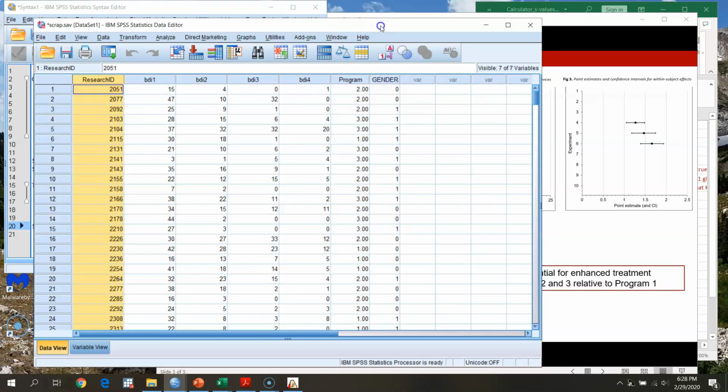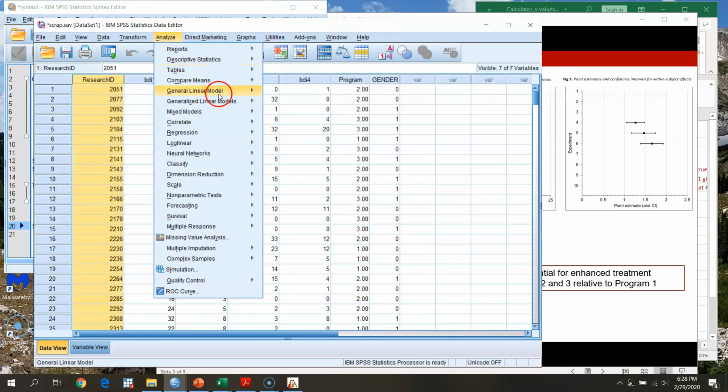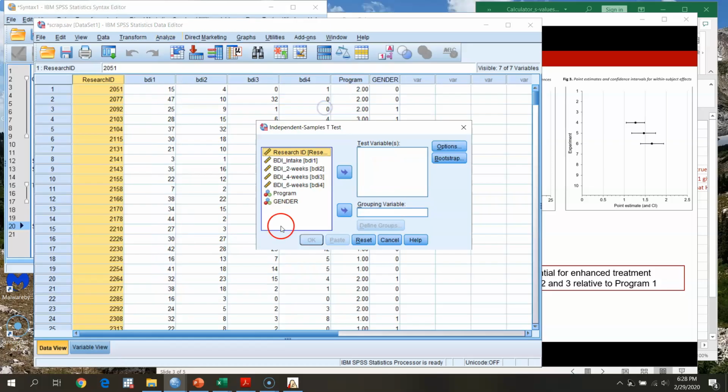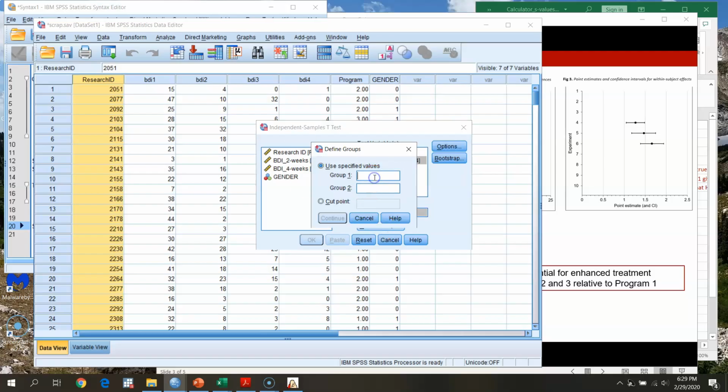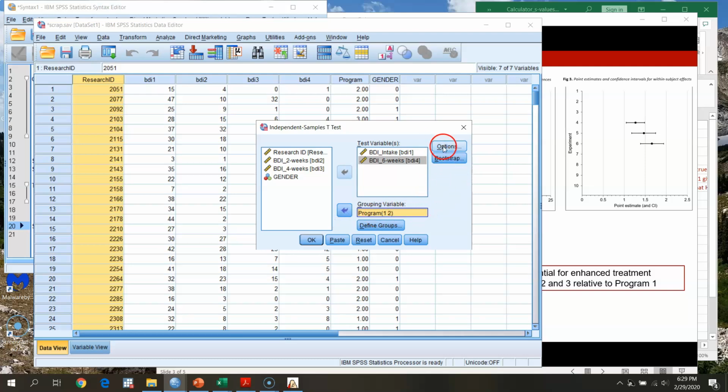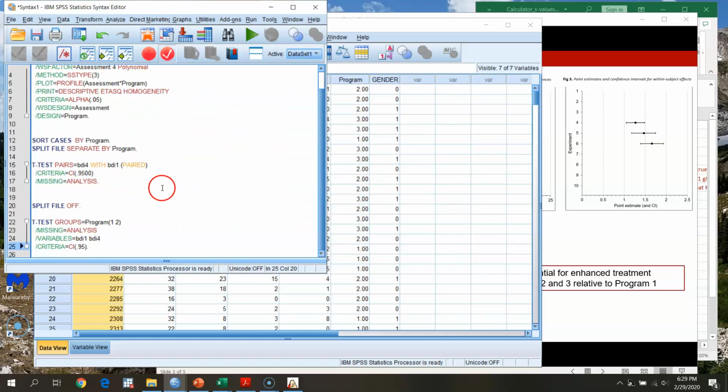Okay, so what I'm going to do is go to Analyze, Compare Means, and Independent Samples T-Test, and I'm interested in looking at differences at intake and at 6 weeks, and I'm going to look at differences across program. Now I'm going to have to define groups, so I'm going to compare groups 1 and 2 for this one. I'm going to hit continue. Nothing that we need there, and I'm going to go ahead and hit paste. Okay, so if I go to my